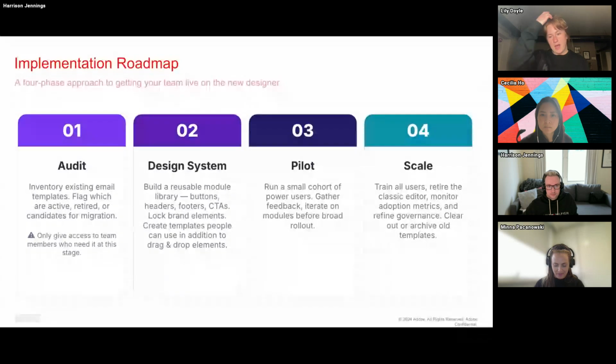Then we kind of design it. I've been collaborating with our design team, and they've been building the templates and some customizable buttons and the footers and all that fun stuff, and kind of creating a little branding guide for us in there. That way people can have the templates, but also a little freedom to play around